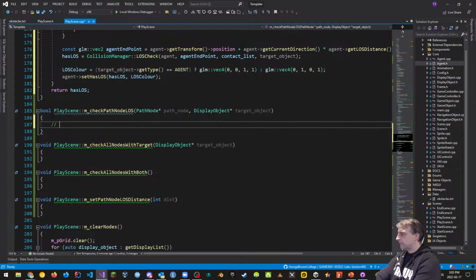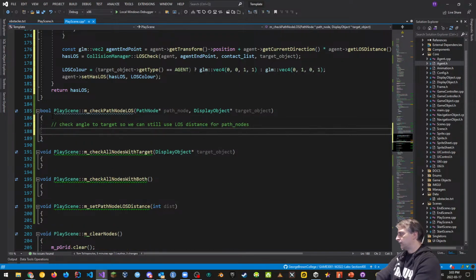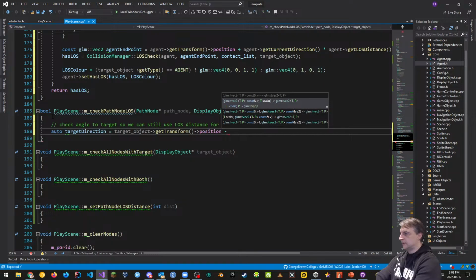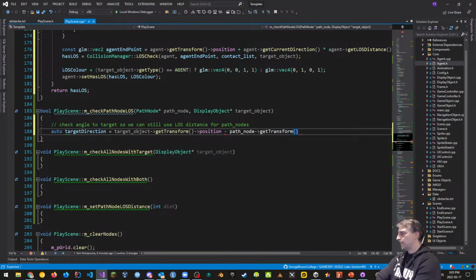I'm going to check the angle to the target so we can still use line of sight distance for path nodes. The way it's going to be is auto target direction, or we'll change that, is equal to the target object get transform position minus, so this is the direction, minus the path node get transform position.